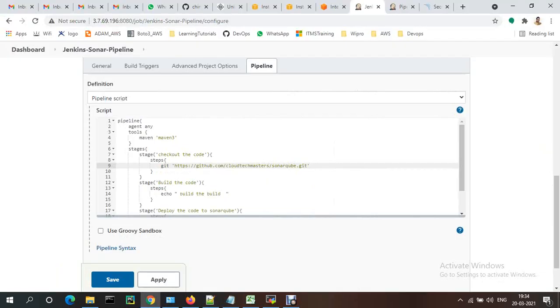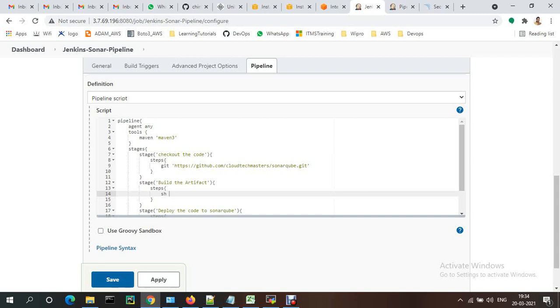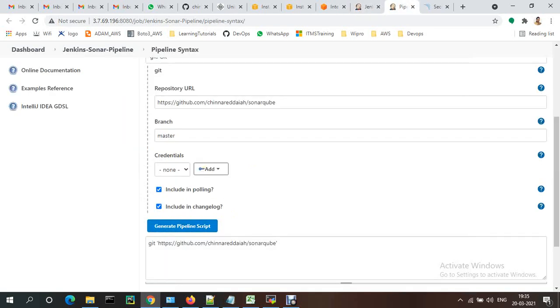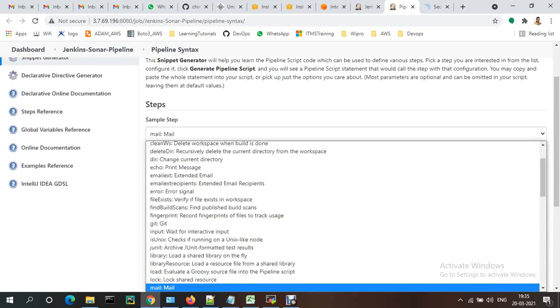So under build artifact, build the artifact. For that I'm giving sh maven clean install or maven clean package, anything. Maven clean package. Okay, if you don't know how to do that, you just need to go to the script and select maven.